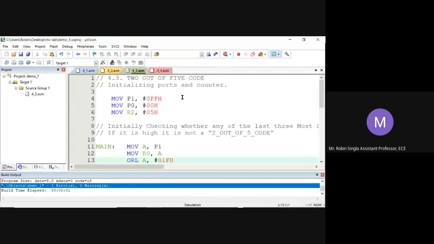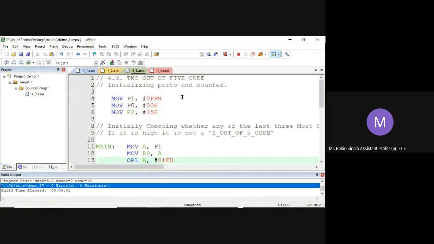A number is called a 2 out of 5 code if, in the lower 5 bits, out of 5 only 2 are high, and the remaining 3 most significant bits should be 0, should be low.